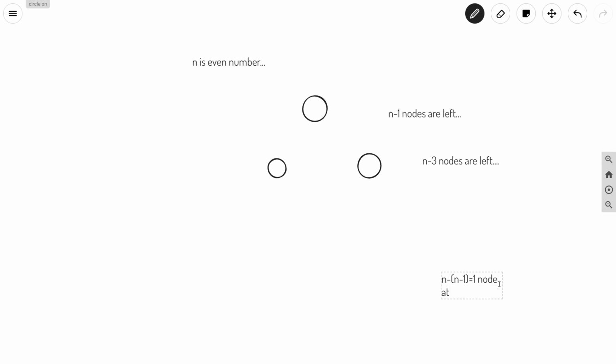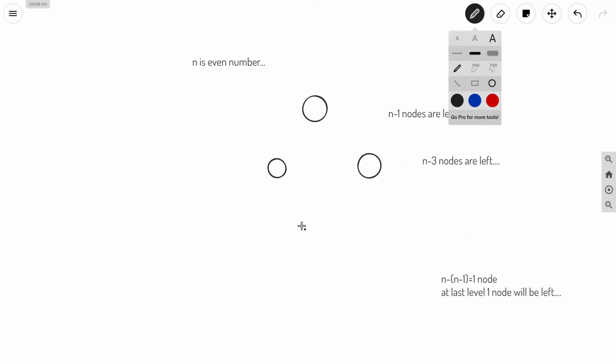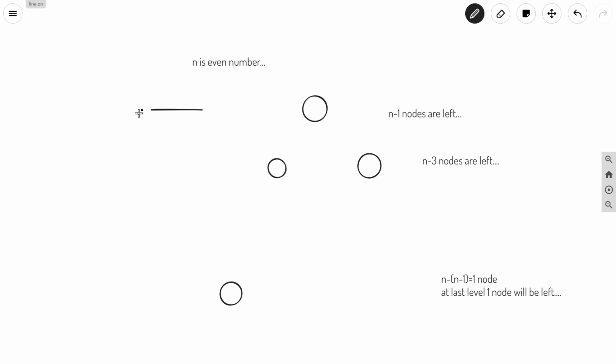So what will happen at the last level? One node will be left. For the last level there will always be one node left with us. So we can have one node at the last level. This was the first level, this was the second level, and this is going to be our last level.